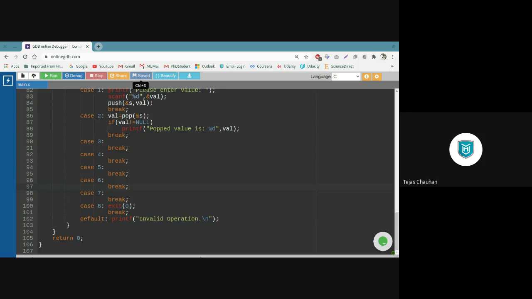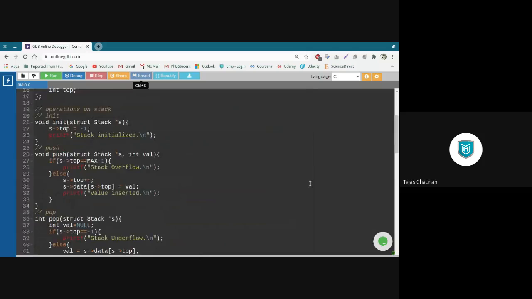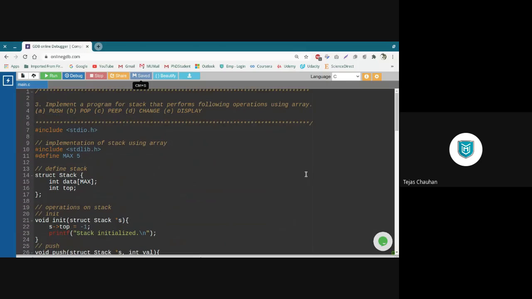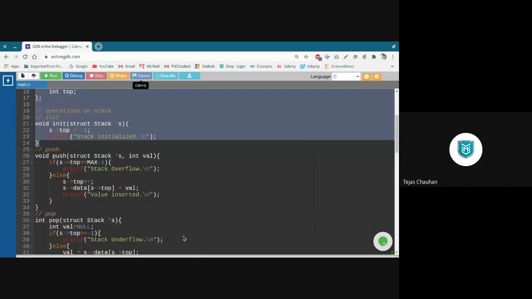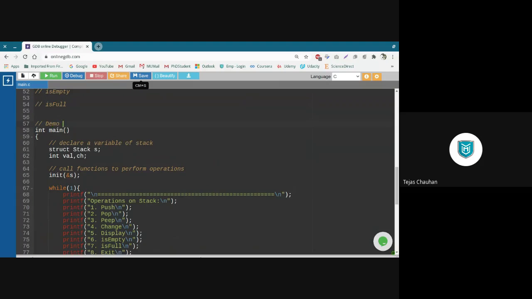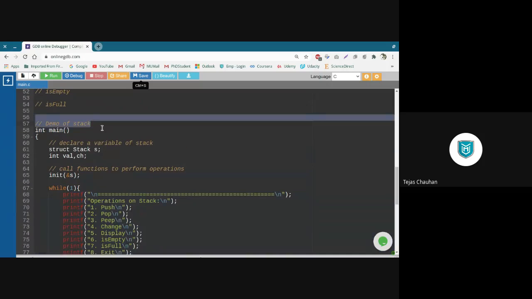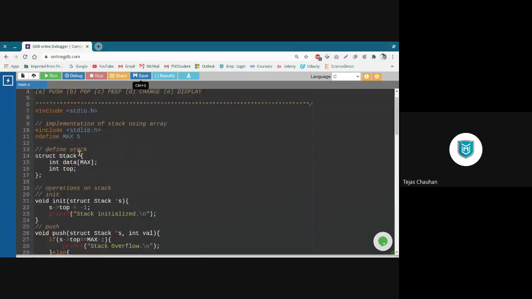But before that, I also want to go for one more point here. Right now, I have written my entire code in a single file, right? The implementation part as well as this main function, which is just a demo of the stack. It is demonstrating all those functions. So this is a demo code, and on the top we have the actual implementation code. Now I want to separate these two out.